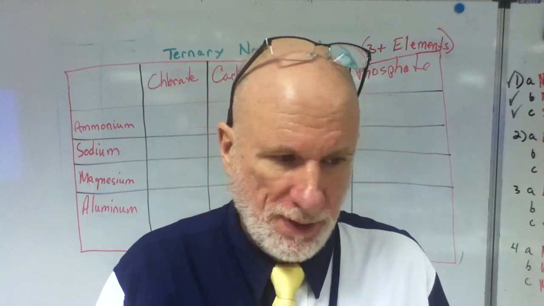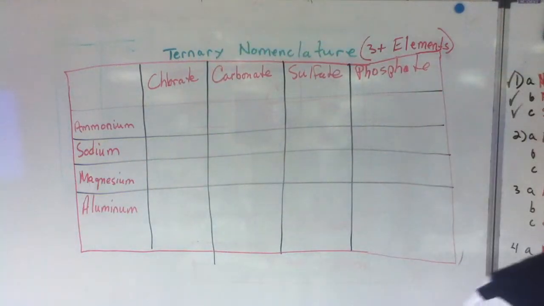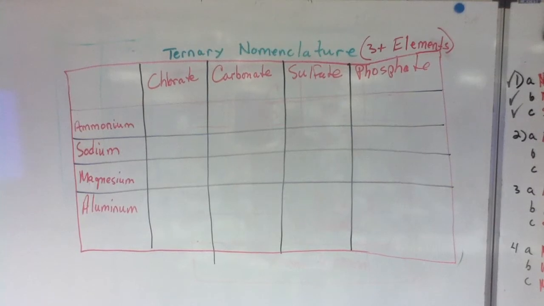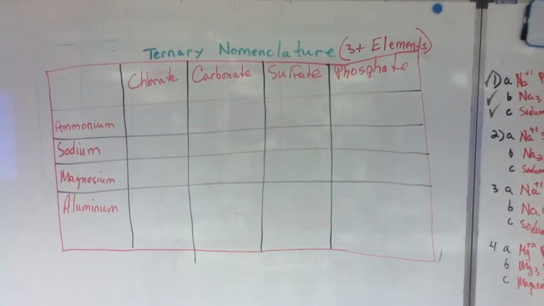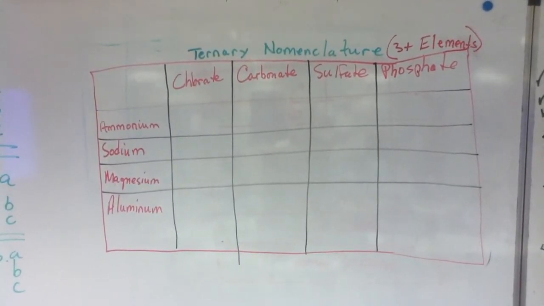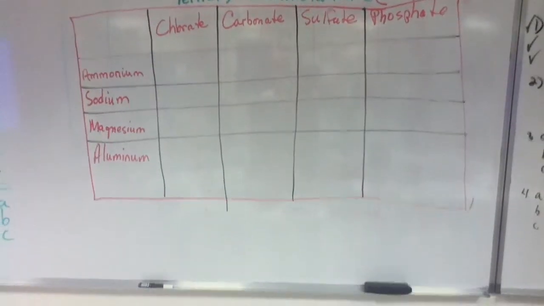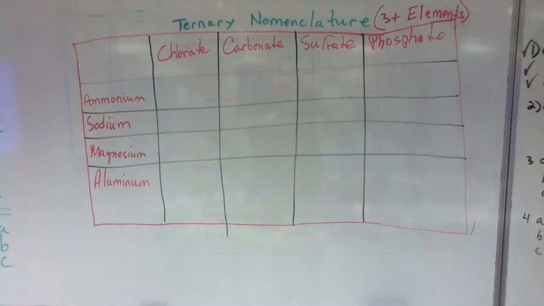Okay, so what is ternary nomenclature? I want to move the card over just for a second to give me room to write on at least one side of the card. Okay, I think that is going to work like that. Let me put it down a little bit. Okay, how's that? I can write underneath, right? I got enough room there now? Okay, so